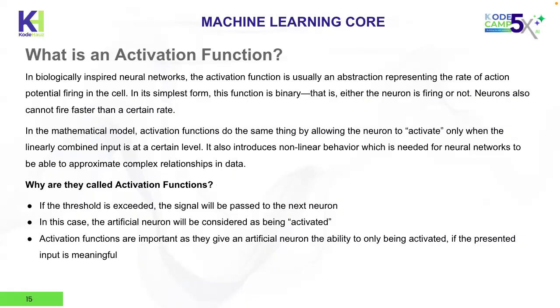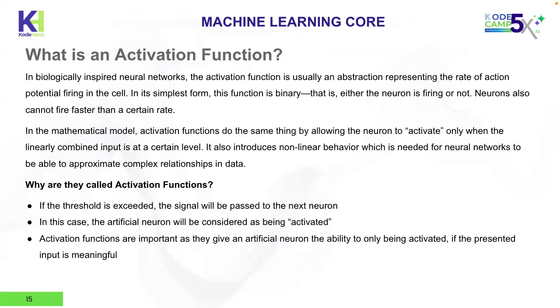And these biological neurons cannot fire faster than a certain rate, right? But in a mathematical model, we abstract it to mean the same thing, right? But you allow the neuron to activate only when the particular output based on the function,